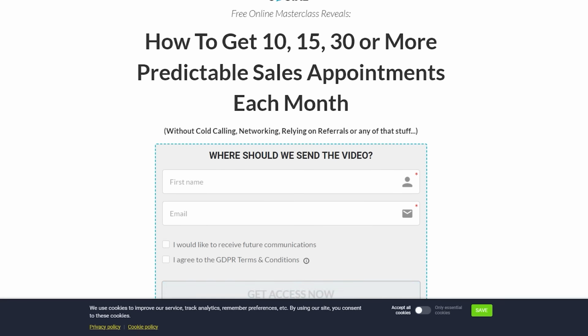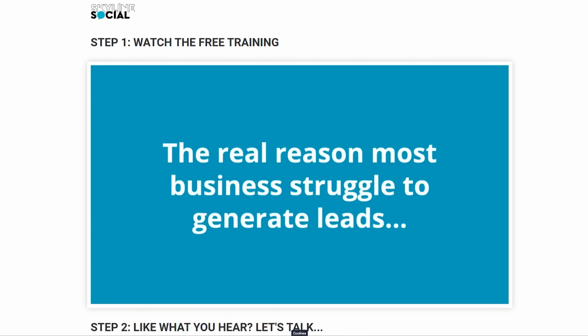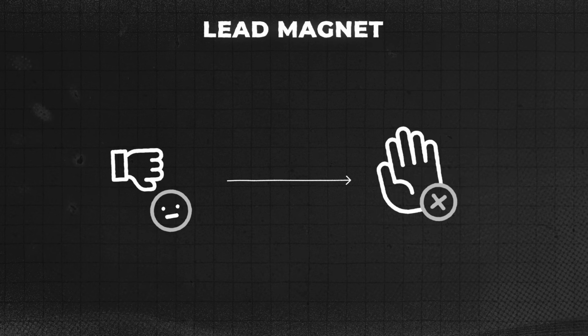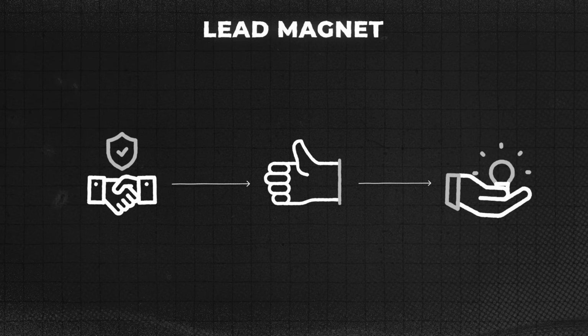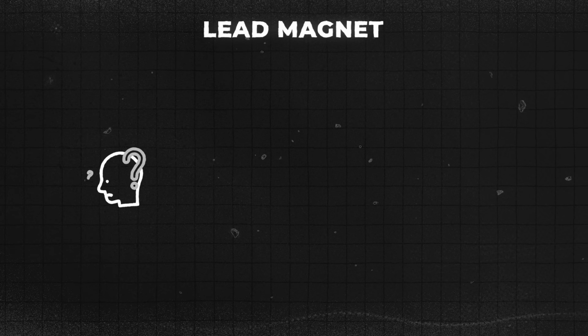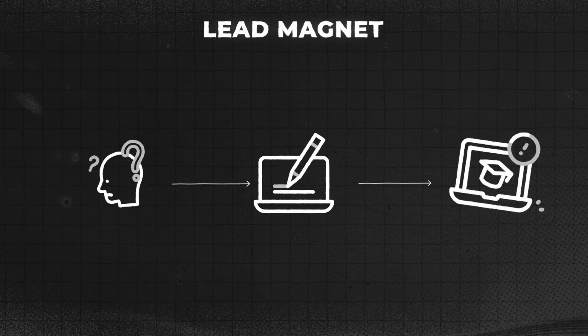Whereas if you send people to a landing page, which is an opt-in page, a page where people enter their name and email in order to access some information. And in our case, what we do for our clients is we use a video sales letter. That's what we use as a lead magnet. So if you say to people, if you enter your name and email, we'll send you this video, what happens is you'll be able to filter those that are not interested, and you'll be able to just focus on getting conversions with people that are really interested in learning more about this solution, because they're so interested. In fact, they've actually given you their contact information in order to watch that video.